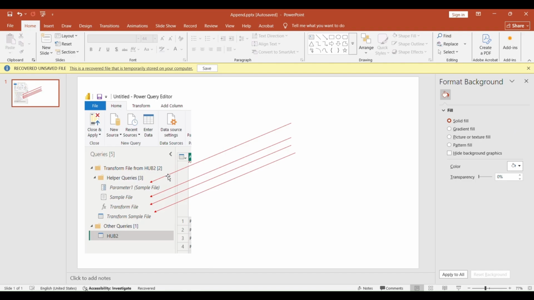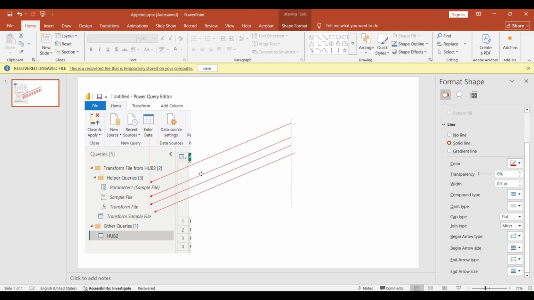The common approach is to connect to a folder, and by default you'll get these helper queries, which include a parameter, a sample file, a transform file function, and the transform of sample file, and eventually the data stacked below from our folder.